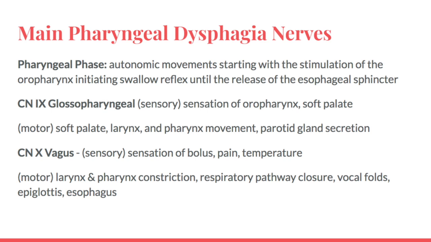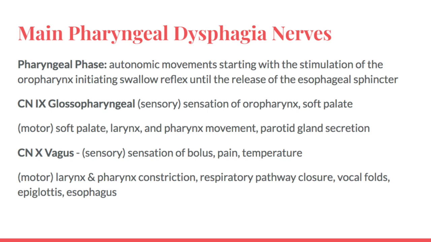It assists in closing off the nasal and oral cavity, and also saliva secretion from the parotid gland in the cheeks, and producing mucus in the back of the throat on the oropharynx. The glossopharyngeal and vagus nerve work dynamically in moving the food down the pharynx and closing off all respiratory pathways so the food gets down.